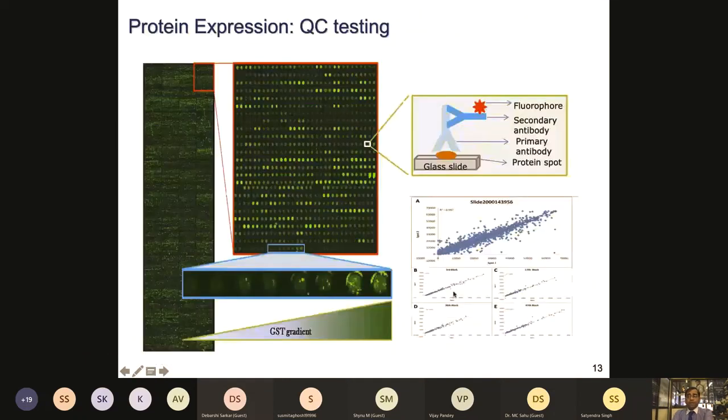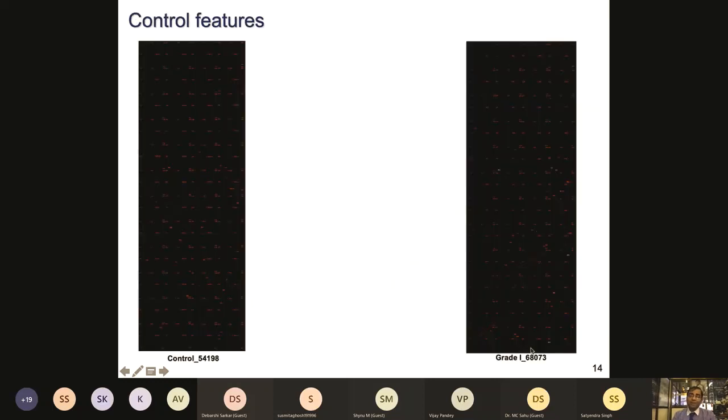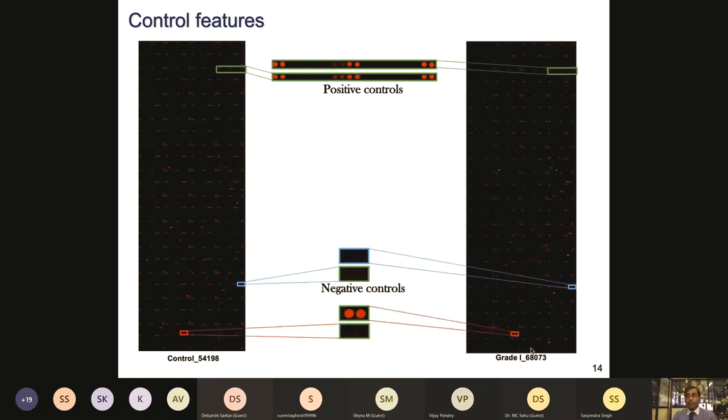So this is the layout and the experimental plan. But again, a lot of these things, as I mentioned, if you're doing at a high throughput scale, you have to do many quality control checks, and we were looking at a variety of things: reproducibility of different arrays, different days of arrays, different people processing, variability, all of those. And I emphasize the need for looking at positive and negative controls in these high density arrays. You should make sure that you have a variety of control spots which you are going to look into, that in controls it should not show up like this one, and in the grades this protein should show up. Those will work as a positive control in this case here. Some blank spots or the buffer can be used as the negative controls.